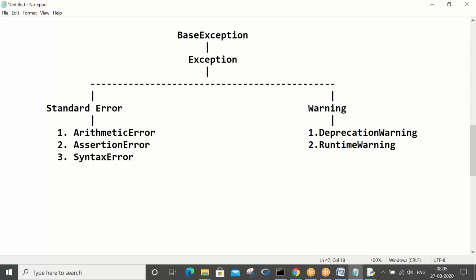These are the various errors you keep coming across.